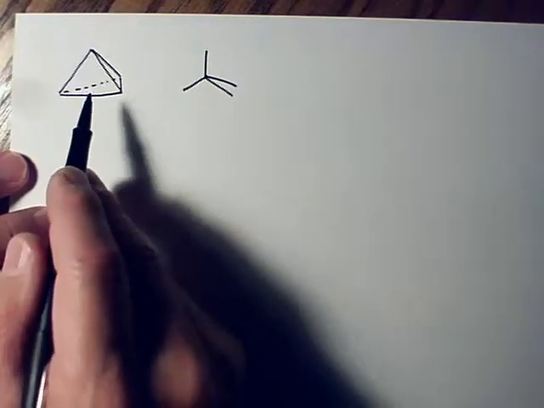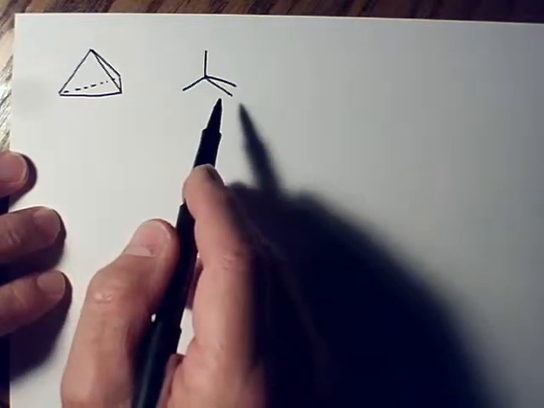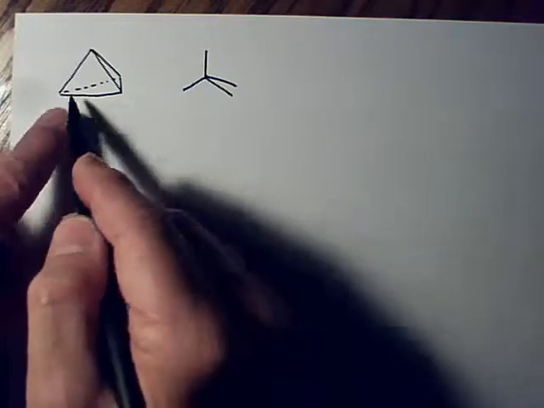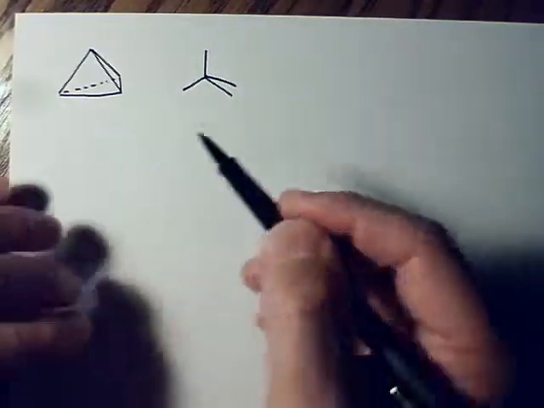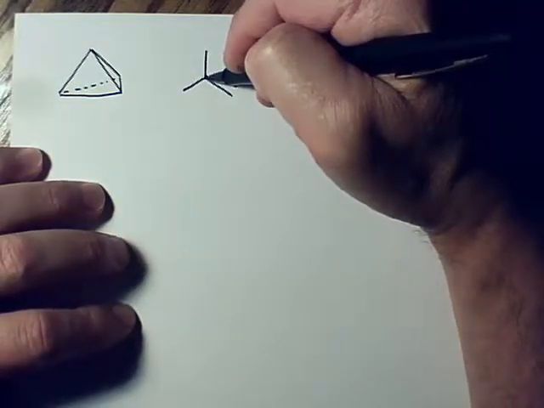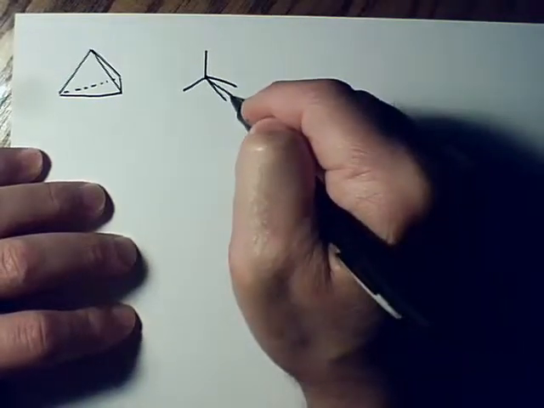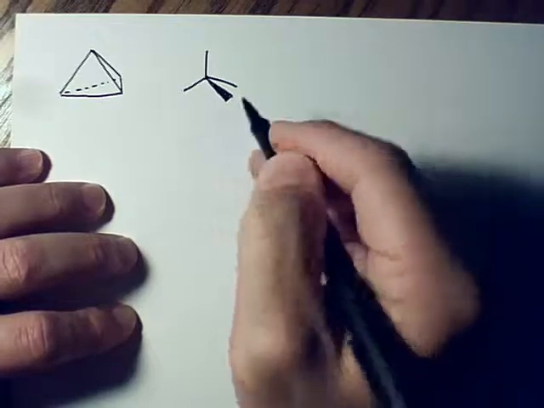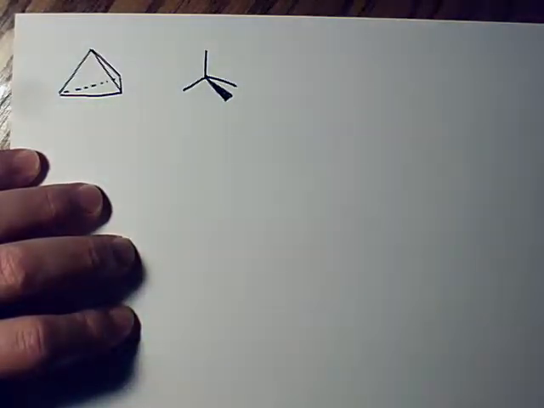Now, the problem is, if you look at that, you can't tell that's three-dimensional. I can kind of tell that's three-dimensional, but you can't tell this one's three-dimensional. So to make it clearer that it's three-dimensional, I need some kind of a perspective. So that dotted line in the back gives me some perspective. For perspective on something like this, what we usually do is we make a dark triangle like that, that